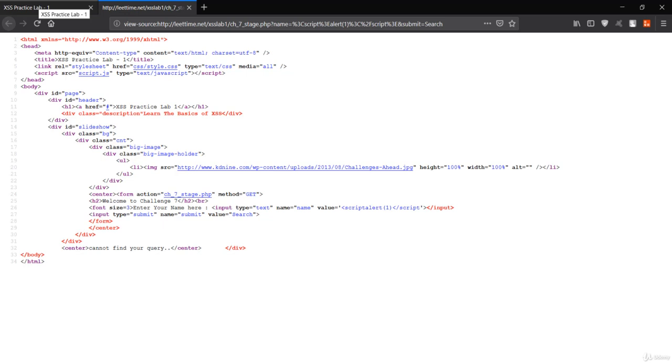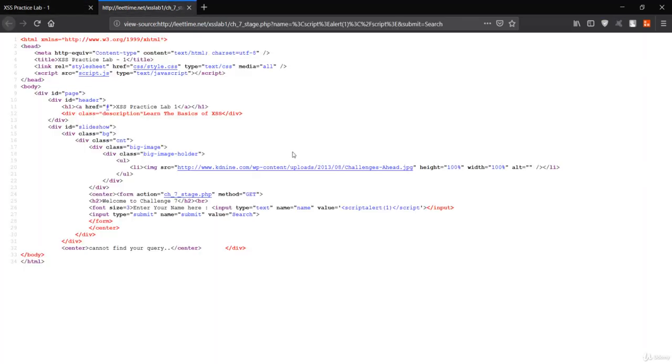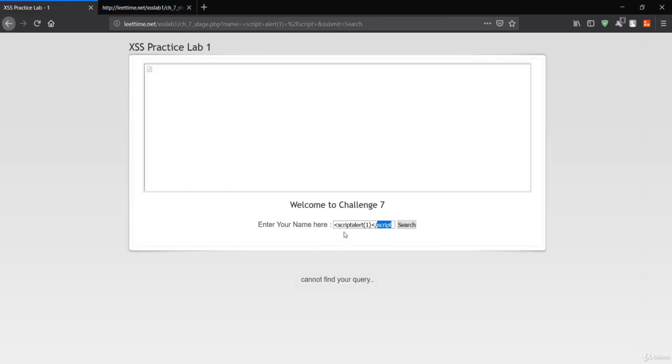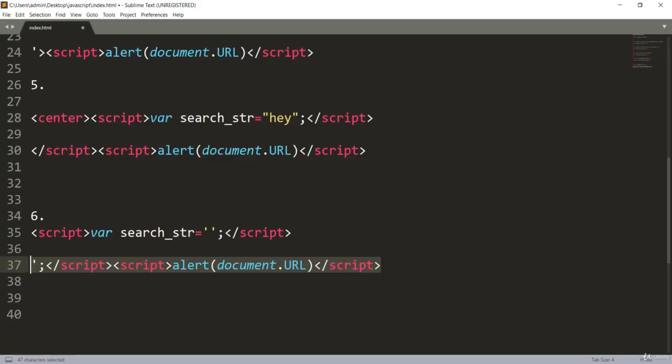If you remember, we learned about on mouse over, on mouse out, on key down, and every event that is related to the mouse and keyboard. So in this case, anything you type from the keyboard has been converted into the string. But if you try for the mouse, the event that can be given by the mouse, then it will be visible over here outside this value. So let's try that. So we have to make our advanced payload here with some event.